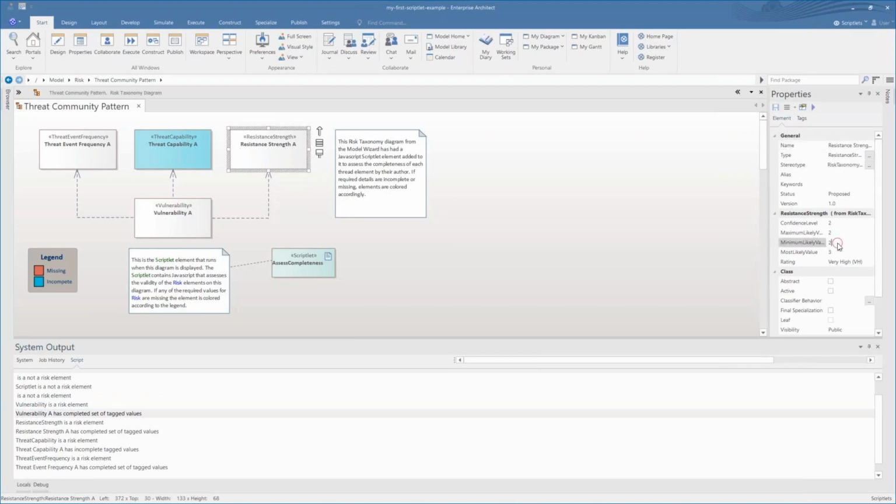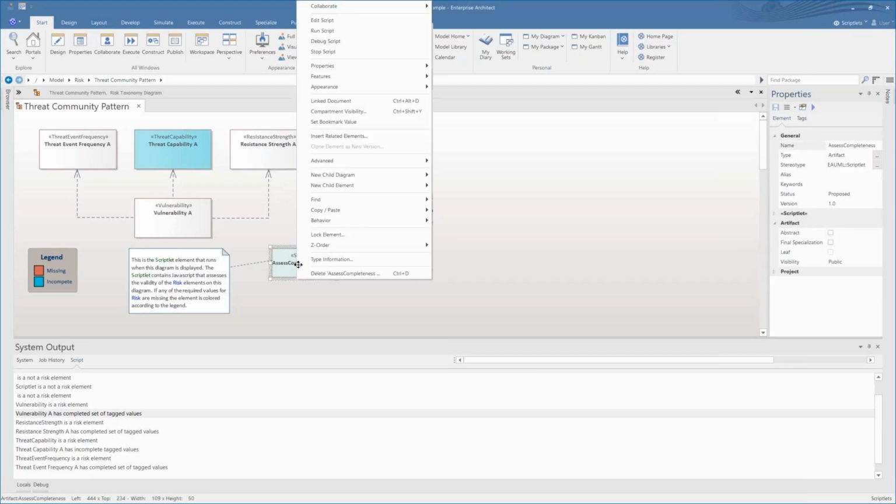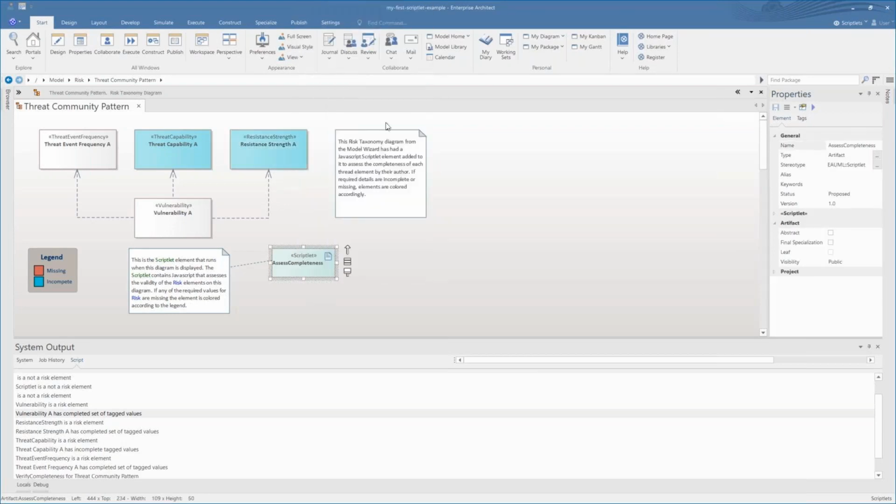If I take one value, such as the minimum likely value, and I remove that, and now I run my script again, you can see it is now highlighted in the aqua color to show that it is incomplete. Now you can see the vulnerability simply has a single rating, which is high, low, or medium, and because that has been set, this particular item is complete.